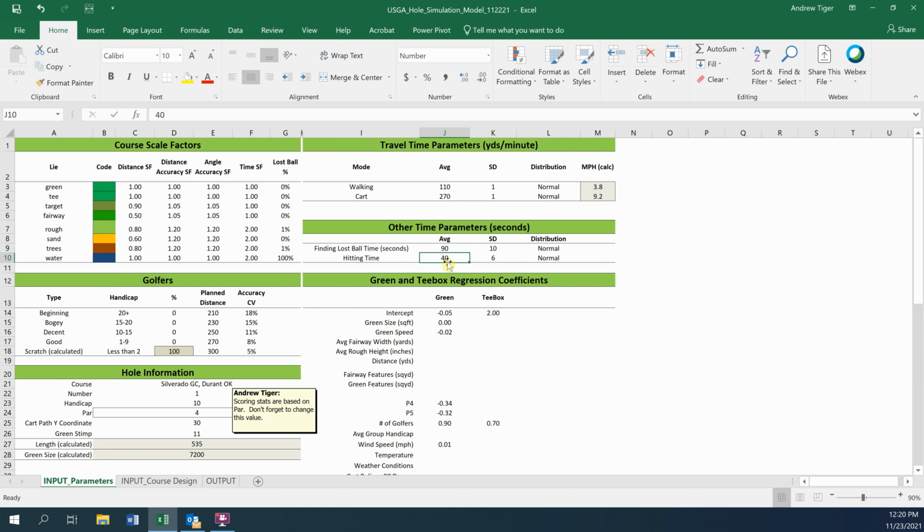This is the time it takes to address the ball and hit it. The average is 40 seconds. Again, we have control over these numbers, and this is the distribution of the time to address and hit a ball. These are the type of golfers that we put on the course. Right now, I've got a bunch of good golfers. And what that means is that the planned max distance is 300 yards and the accuracy coefficient of variation is 5%. So my accuracy